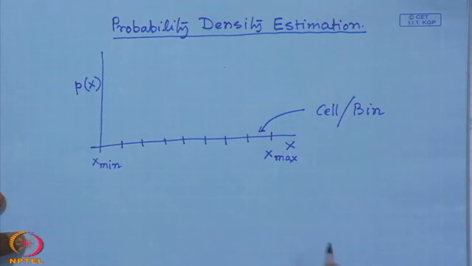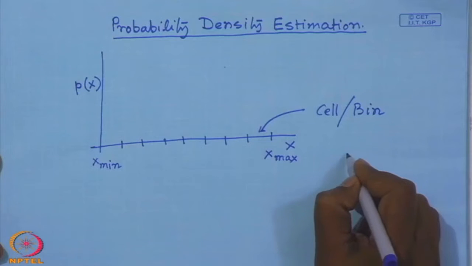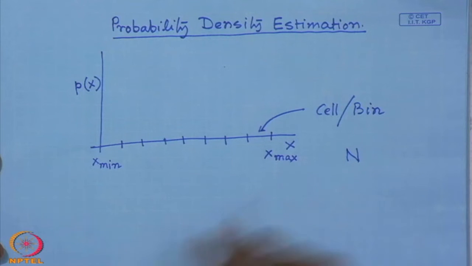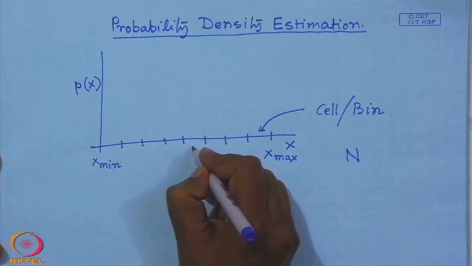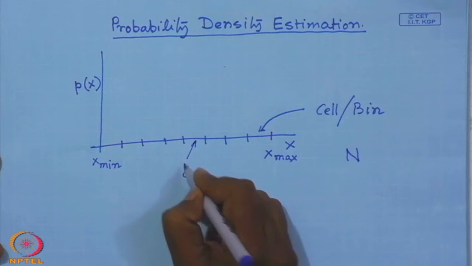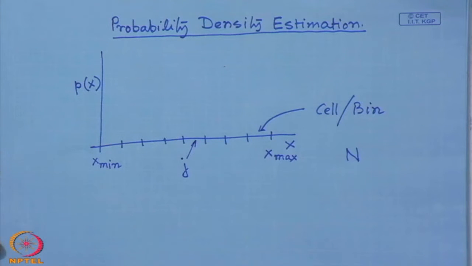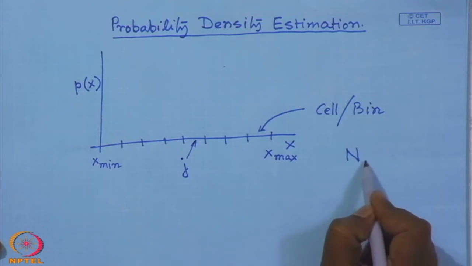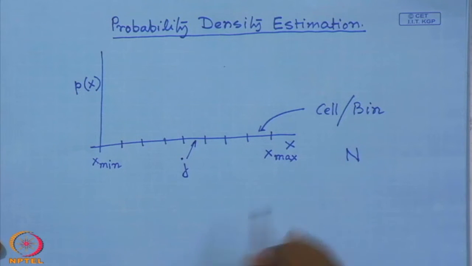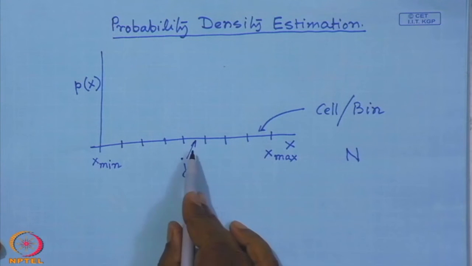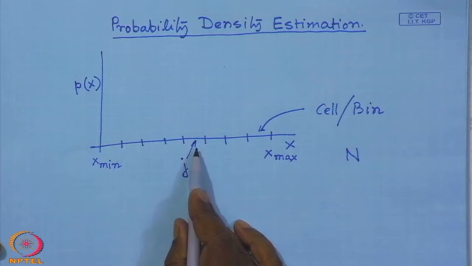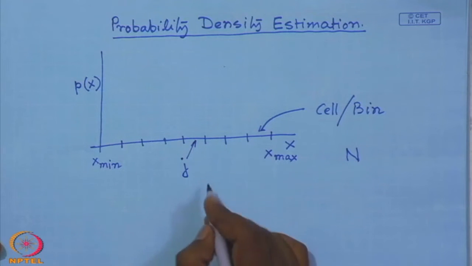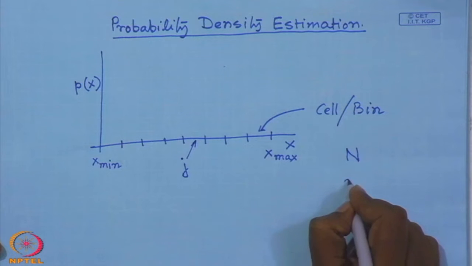Now suppose to estimate this probability density function, you have been given certain number of samples of x. So, suppose the total number of samples I have is capital N, and I take any bin, say jth bin, and I try to find out that out of this total number of sampled values of x, how many such samples lie in this jth bin. So, if the number of samples that lie in the jth bin is given by n j,